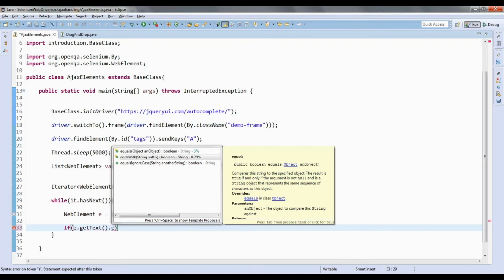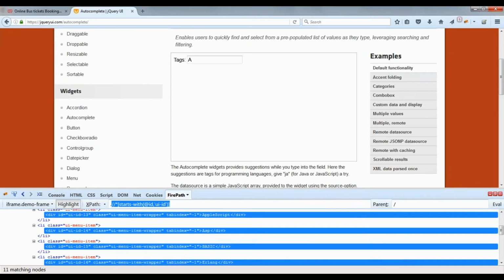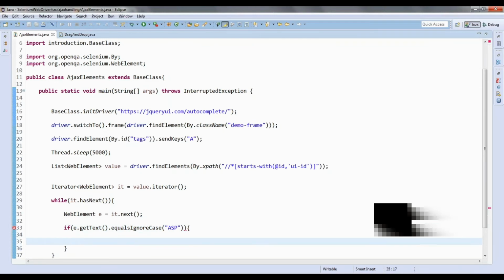dot equals, so I can consider equals ignore case or equals asp. You can see here I am seeing an asp here, or you can consider basic or any other thing. I am considering asp. If that is equal to asp, then what I am going to do, e dot click.